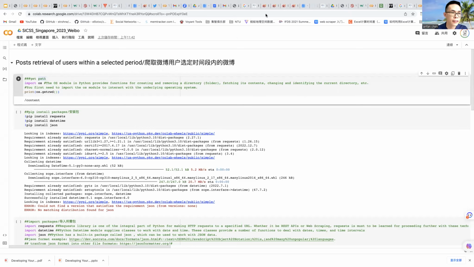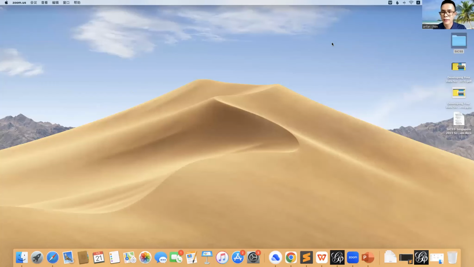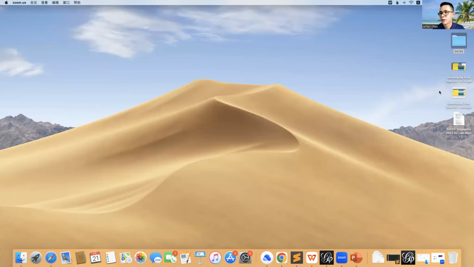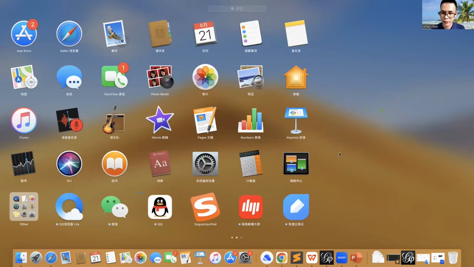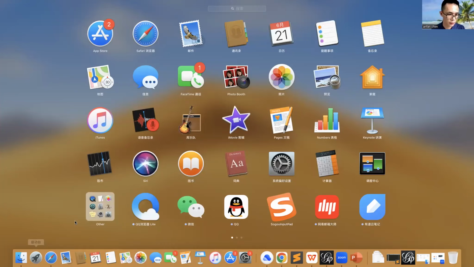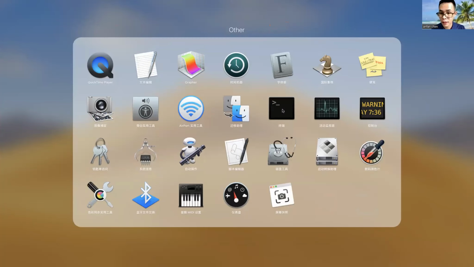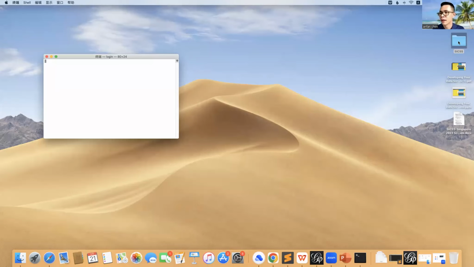And let me show you a case. In your computer, maybe you want to know where the SICSS folder is located. Just click the terminal of your computer and then drag it here.